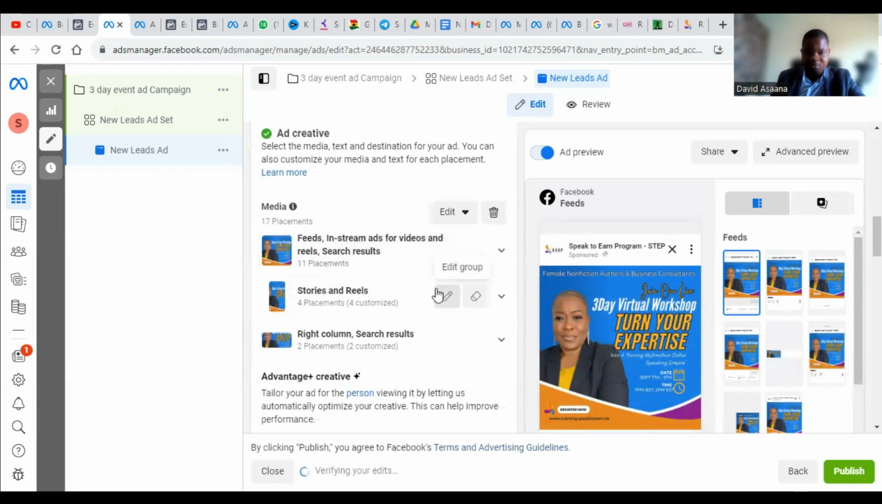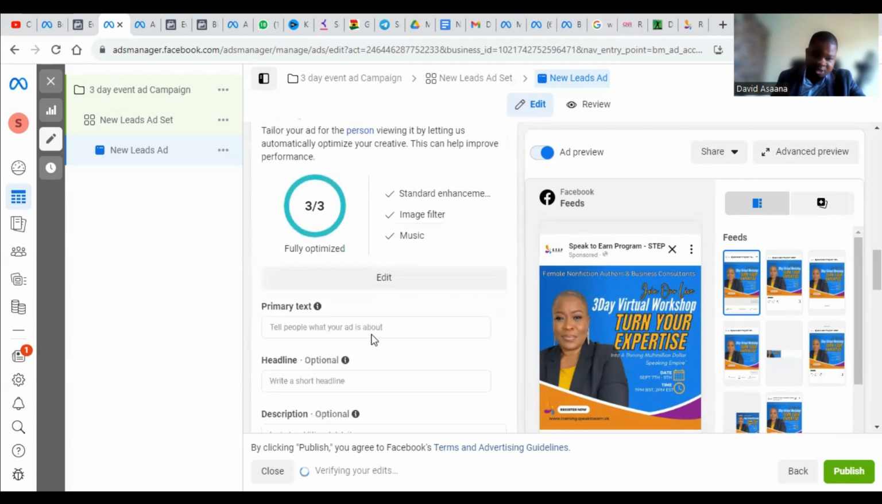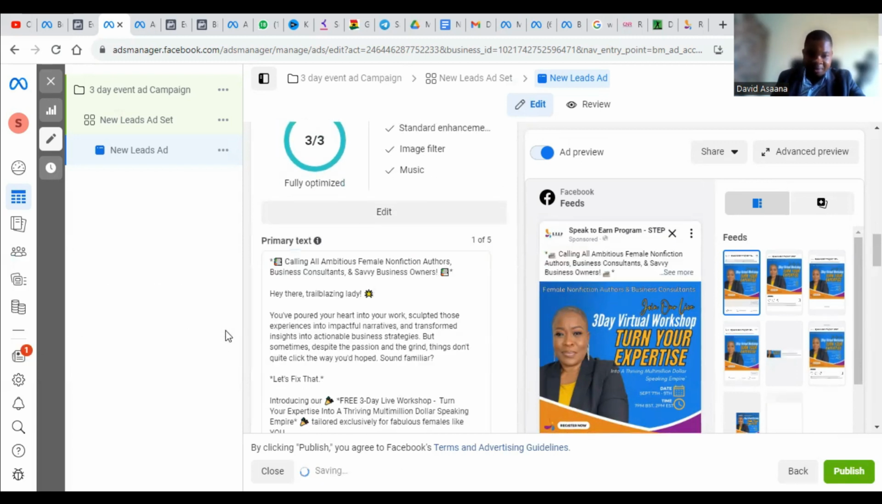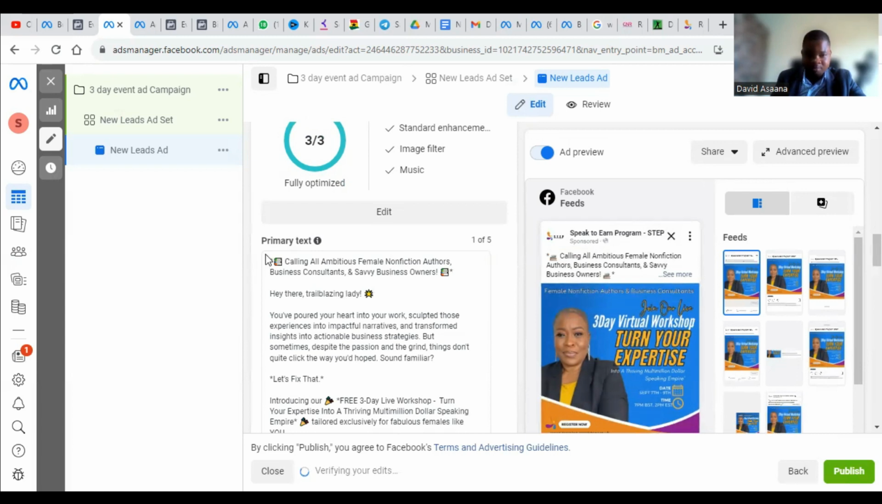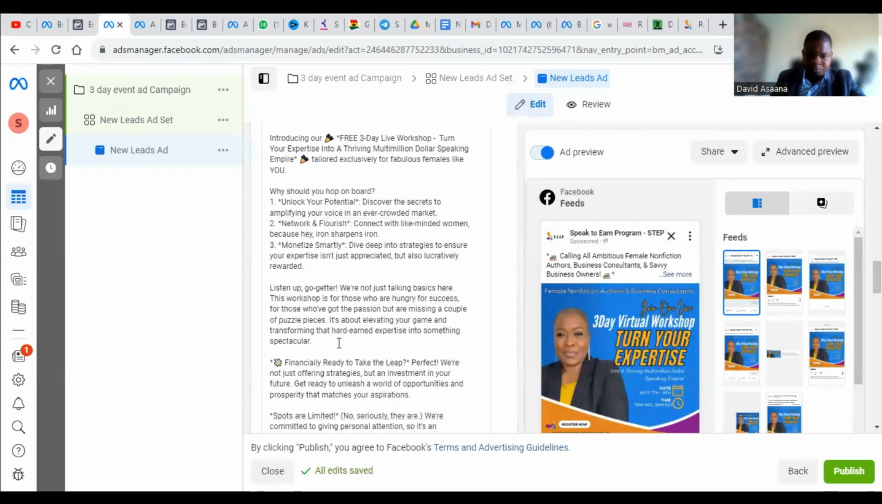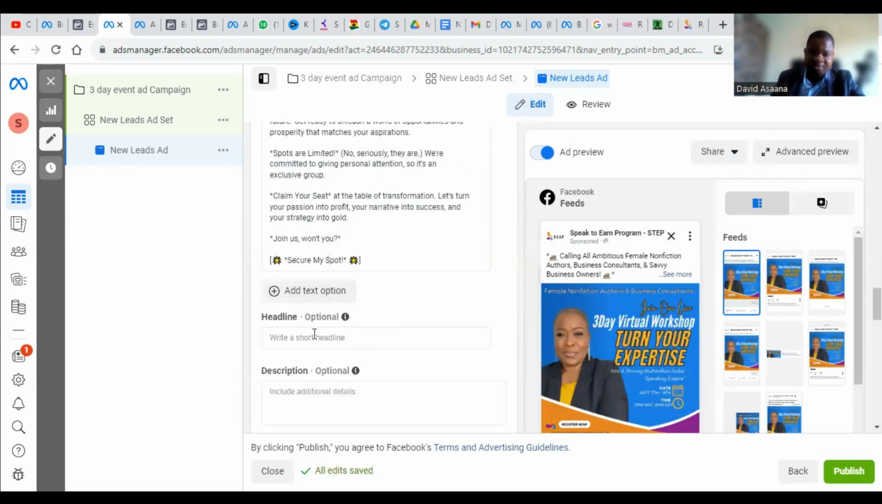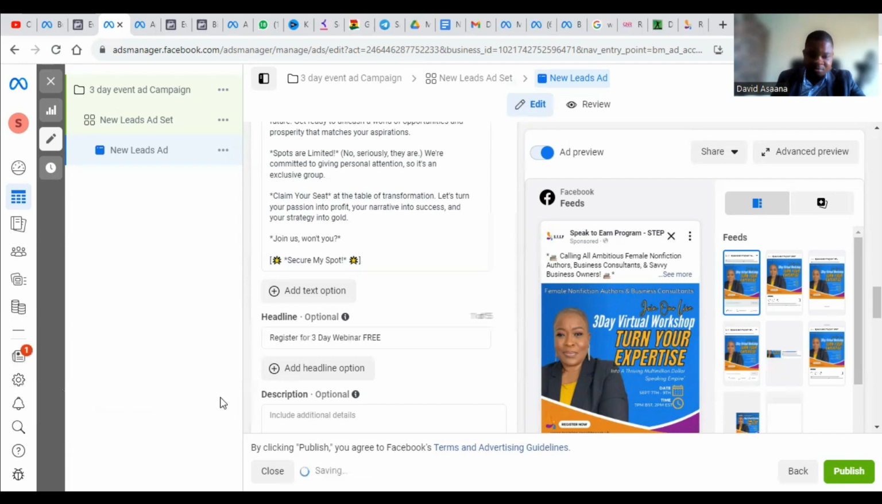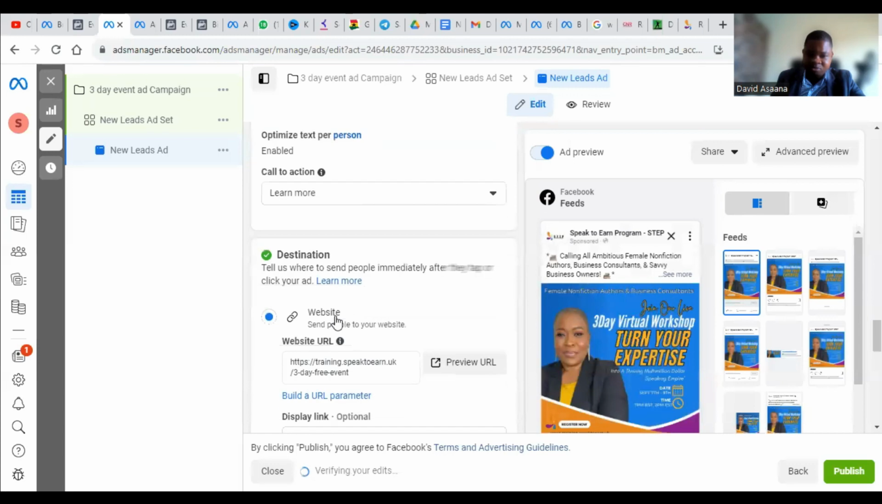So you see, you choose your image, you put the text. So let's say that that's the primary text. So this is what I have, calling all ambitious female nonfiction authors and all that. So you put your description or your primary text and your headline. So your headline could be something like what you're seeing here. Register for the 3-day event for free, or whatsoever you want to put there, just to at least convince people to